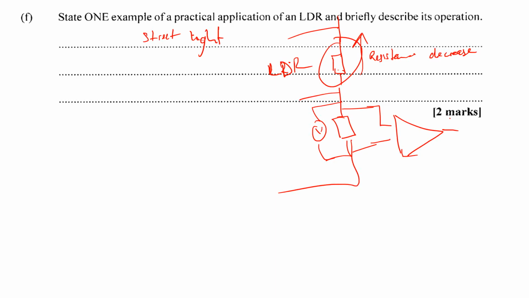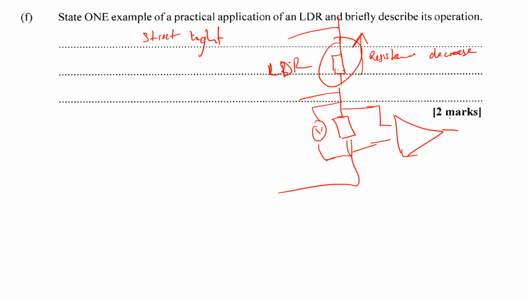It's a two-mark question. You can definitely read up some more about this. I don't know how good my explanation was, but there are several ways we could take this. One of the main things you must understand is that as the intensity of light changes, it affects the resistance of the LDR, which could possibly trigger something else in the circuit to operate,